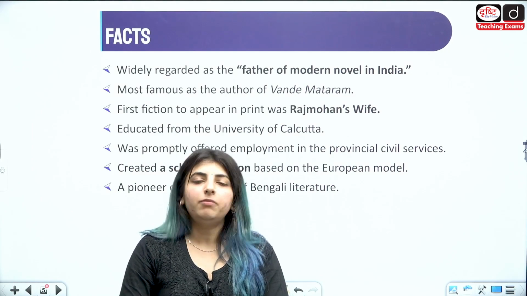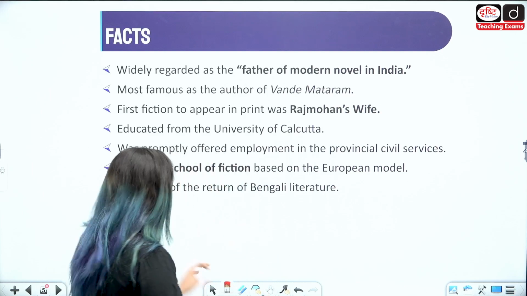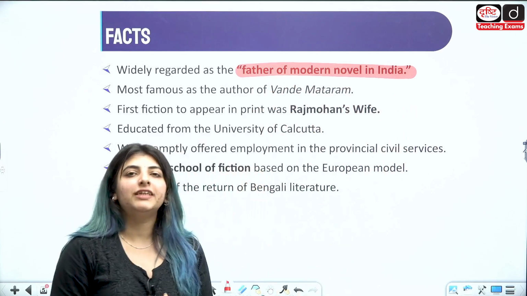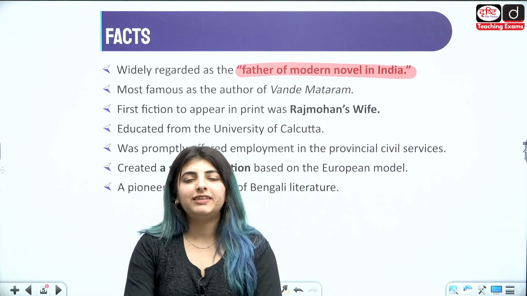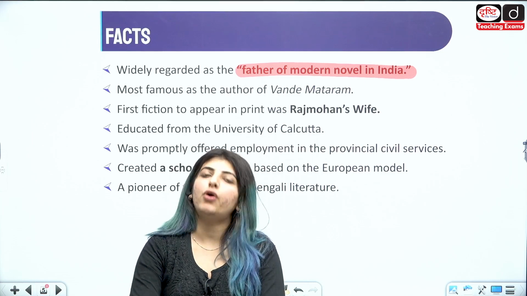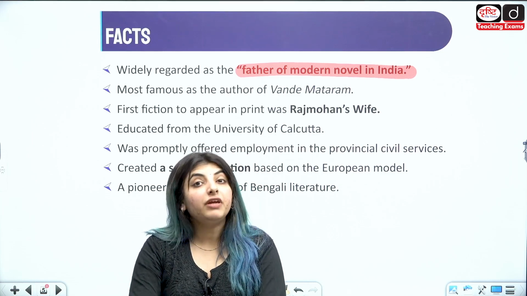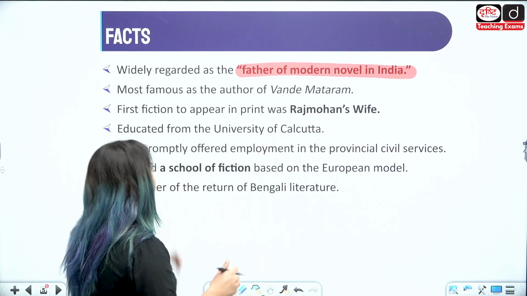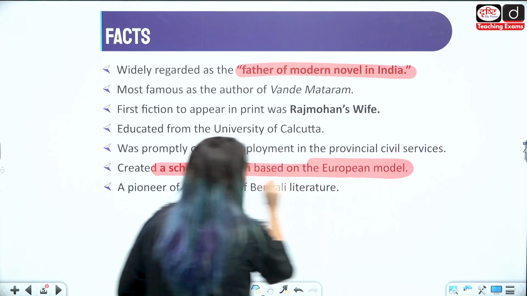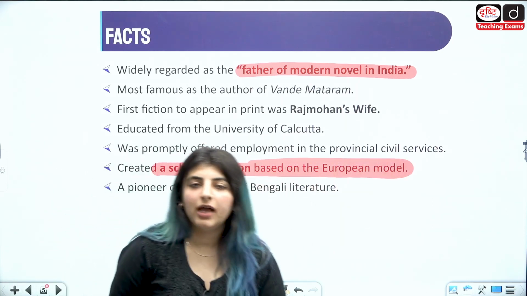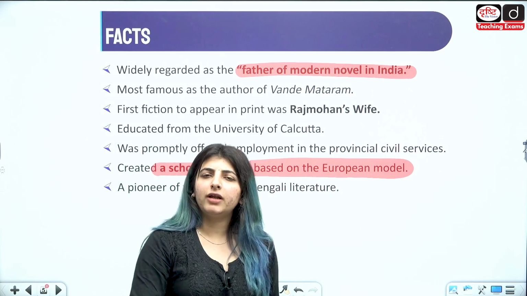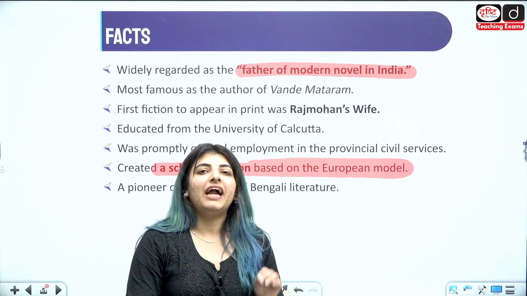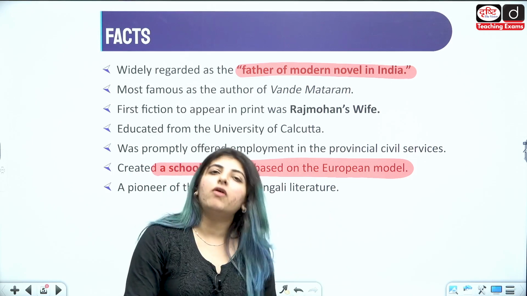So when I talk about Bankim Chandra Chatterjee here, he was one such person who is known as the father of the modern novel in India. We will be dealing with several questions which are related to the author as well. But if we try to talk about the type of scenery that he builds, that brings us to a school of fiction which was based on the European model. Why am I talking about the European model here is because of the fact that in European fiction, we see that the domestic sphere is talked about majorly.